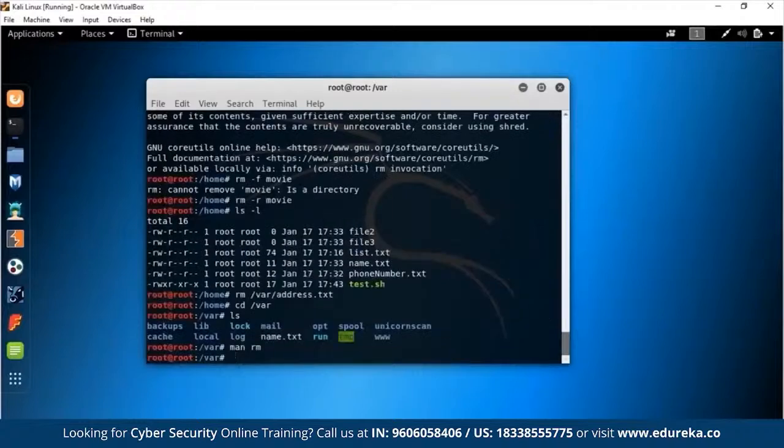Okay guys, so that was all about the command line interface and how we can use it to go about the operating system and change file permissions, copy files, move files, and a bunch of other stuff. Now it's time to get on with the interesting stuff, and that is, firstly, we're going to be learning how you can actually stay anonymous with proxychains.